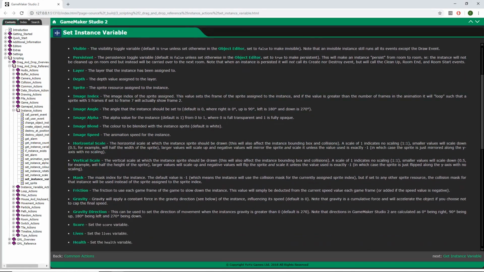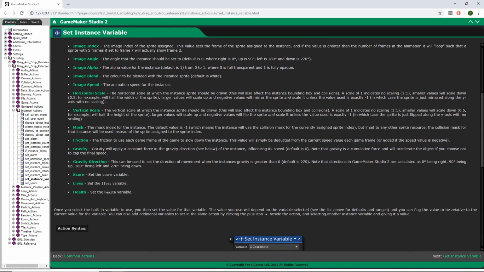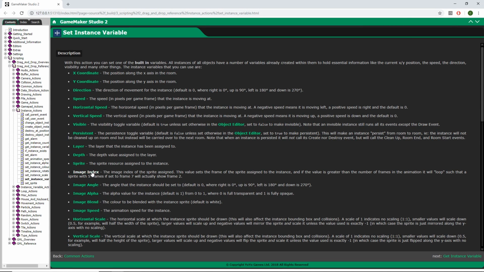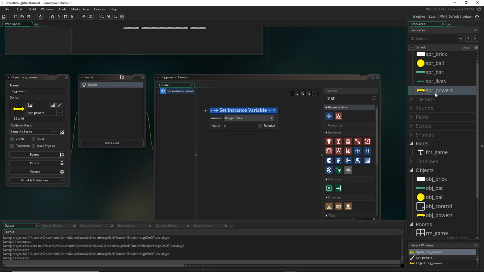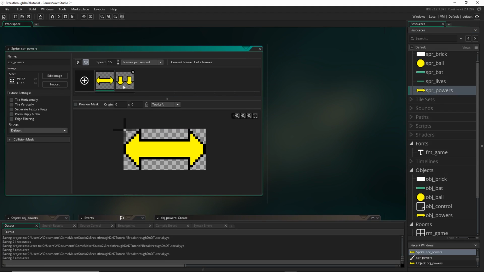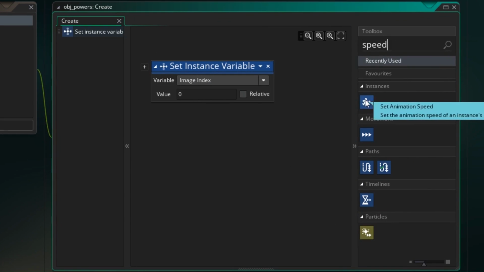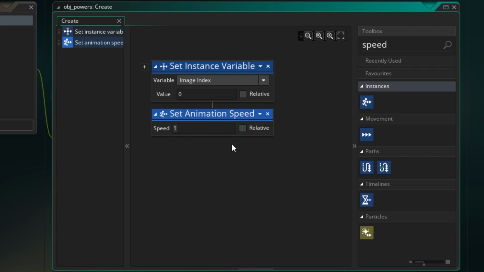This explains all of the instance variables that you can toggle. And these ones are actually quite important for all instances, so I definitely suggest having a read of this little section. But as you can see, the image index is the kind of frame that the sprite is currently set to. And with sprites that have multiple frames like this one, it is actually going to be animated. And we'll see if this is actually appearing in the game, it's going to animate like this, so we actually don't want it animating. So another thing we have to do is set the animation speed to 0,